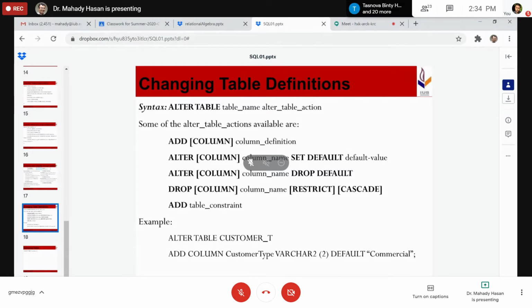One is cascade, another is setting null, another is restrict. Right, exactly. So whenever you are removing a column, if that column has any associated attribute as foreign key to some other places, what will happen with that?